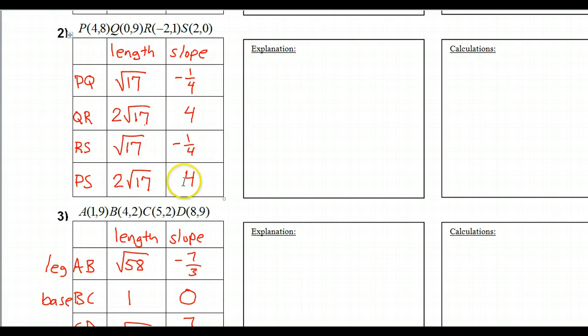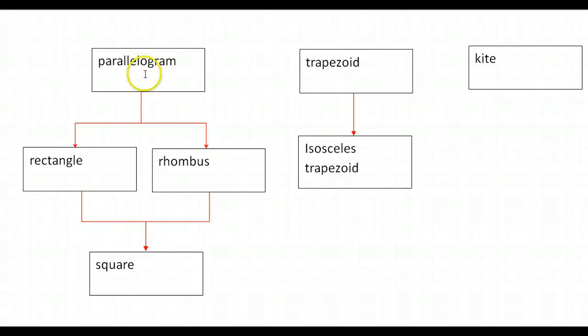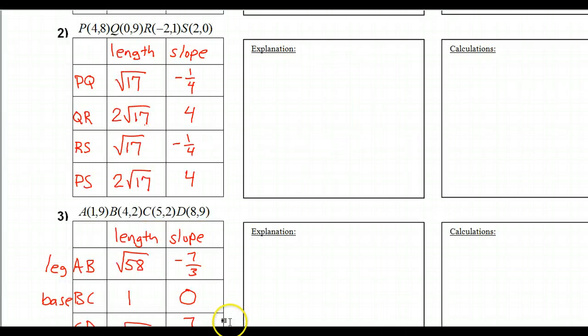Same thing with the slopes. So yes, this is a parallelogram. Now we have to ask ourselves, is it a rectangle or is it a rhombus as well? It's definitely not a rhombus, because all of the sides are not congruent. But the slopes are what tell us if it's a rectangle. Looking at these slopes, this is a rectangle, because